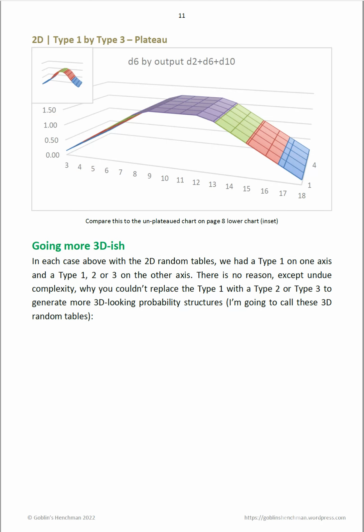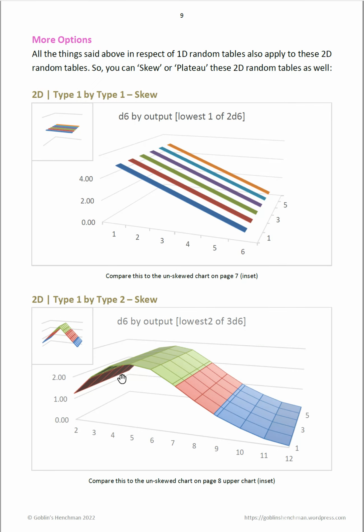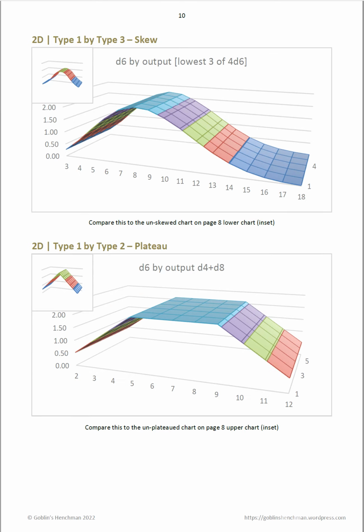Again, you can do that with a type 1 on one axis and a type 2 on the other axis. So again, you've got d6 by 3d6 drop the lowest, and you're skewing this peak table more that way. If you do d6 by 4d6 drop the lowest, you skew it that way. And again, you can do plateauing, so instead of d6 on one axis, you use d4 plus d8 on the other axis,